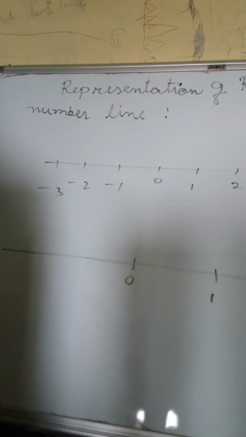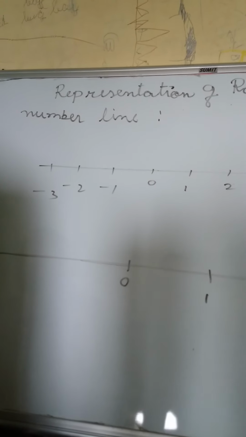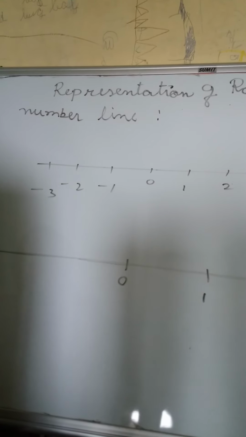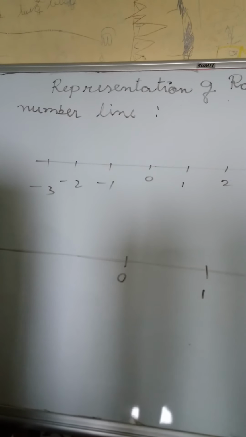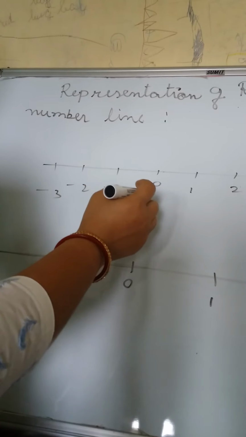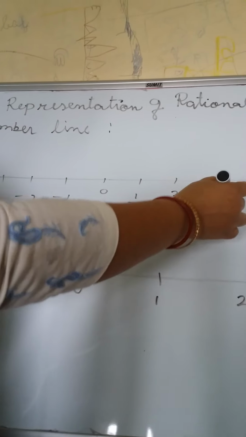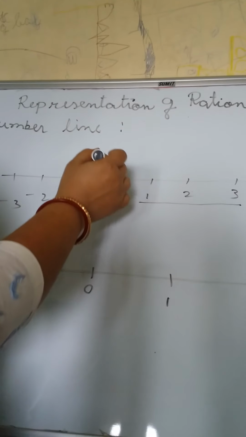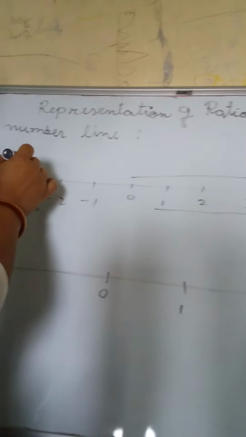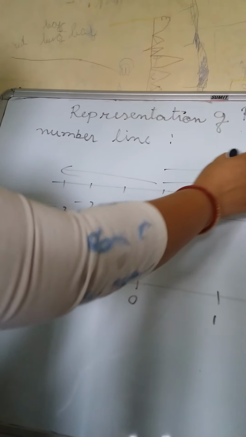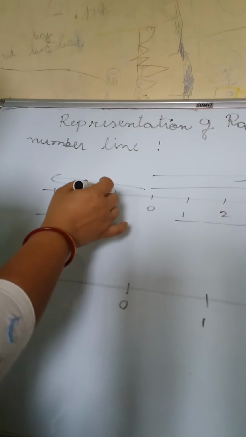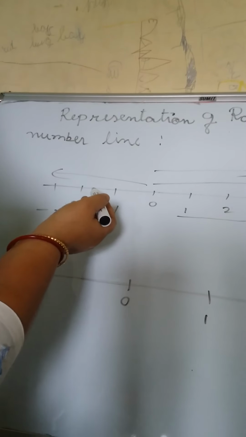Good morning, students. We have learned many things about rational numbers. Now, you must be wondering where they are located on a number line. If you look at this number line, where are the natural numbers located? These are natural numbers. If I ask you about whole numbers, then you will include this number. And integers will be this way or this way. These are integers. But no, here we cannot find any rational number.